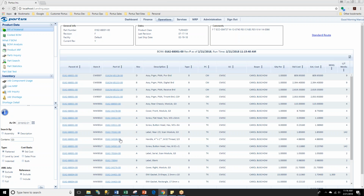We see all of the component level part numbers, their rev, their description, product code, product class, group code, buyer, and then the classic quantity per, cost, extended cost. Now, if you're an average cost company, that would be in the profile, and instead of standard cost, you would see average cost here. So now I want to show you some of the ways that we manipulate these views